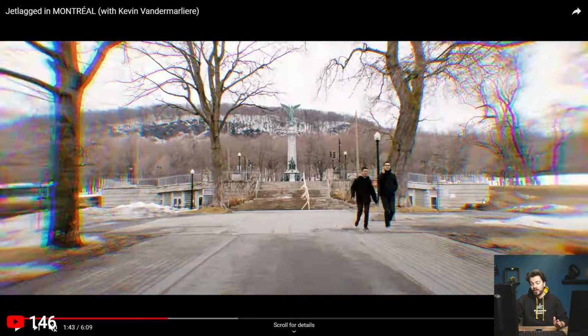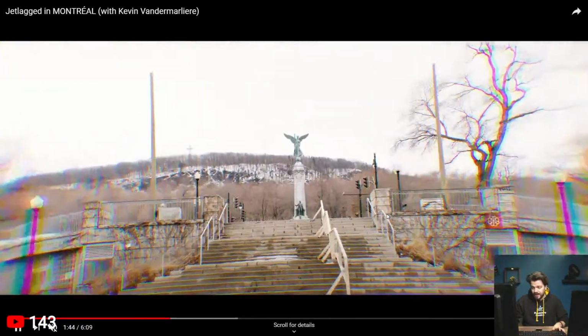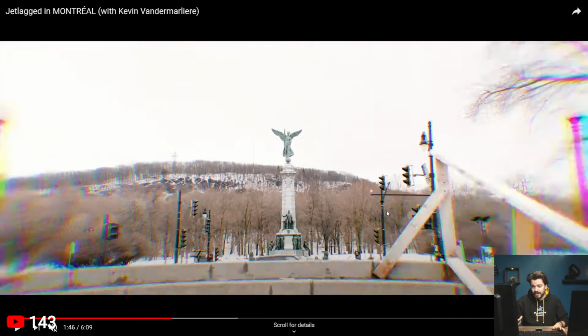Now, of course, this would also have been way better if I used a tripod and took my time to shoot this entire thing instead of just walking around with my DJI Ronin, because of course I move around with my arms, with my body. So that's what I would tell myself back then, because this was shot like 2 years ago. If I could go back in time, I would slap myself in the face and say, hey, first of all, use a tripod. Second of all, use After Effects, because otherwise your hyperlapse will look like complete crap. So yeah,